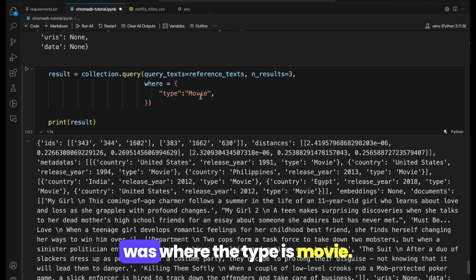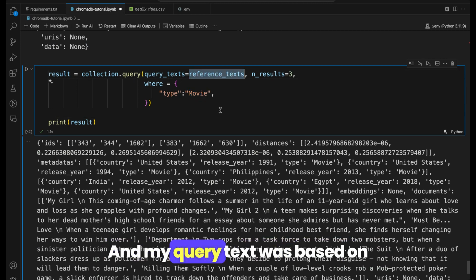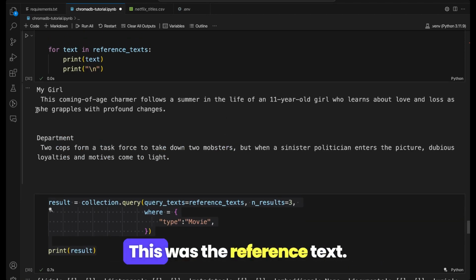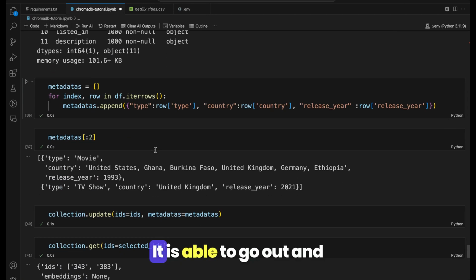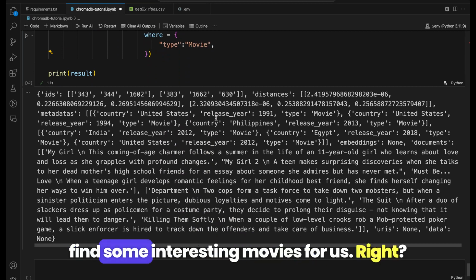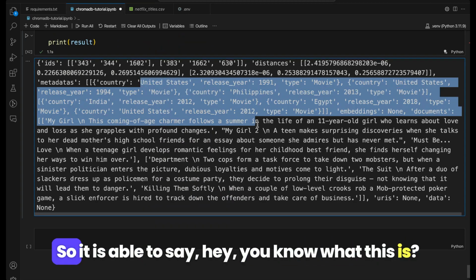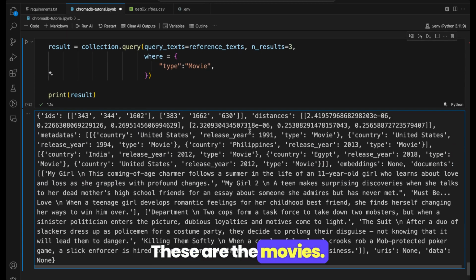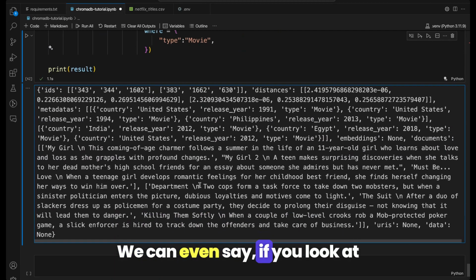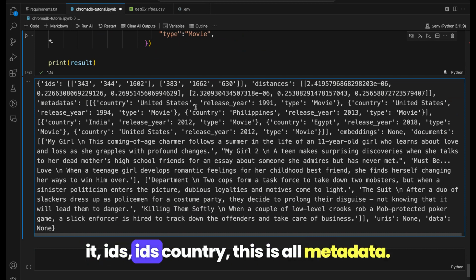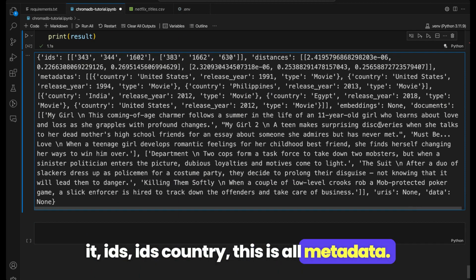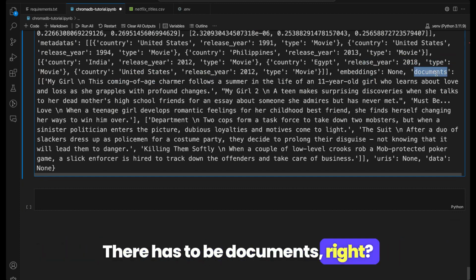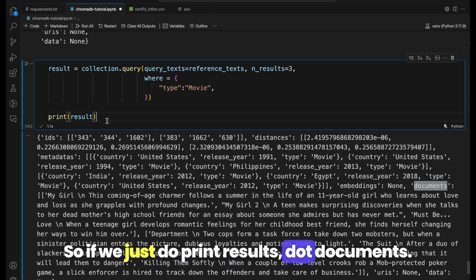Because there it was where the type is movie, and my query text was based on this reference text that we had got. This was the reference text. It is able to go out and find some interesting movies for us, right? So it is able to say, hey, these are the movies. We can even say, if you look at it, IDs, country, this is all metadata, and then we can come back to the documents part. There has to be, yeah, documents, right? So if we just do print results dot documents,